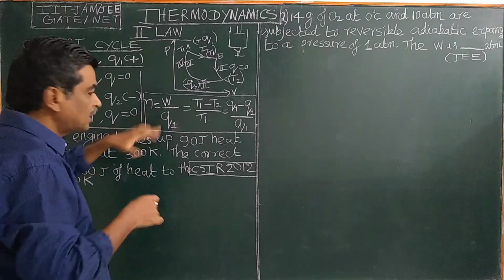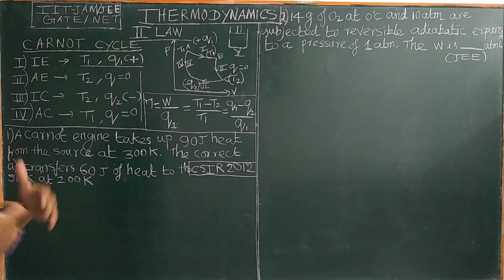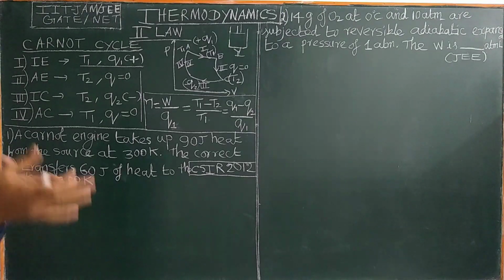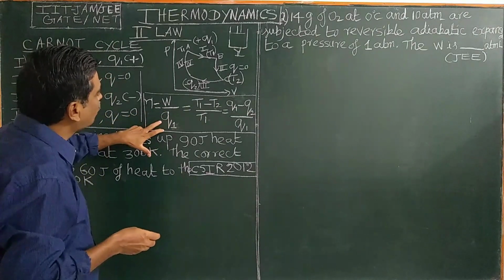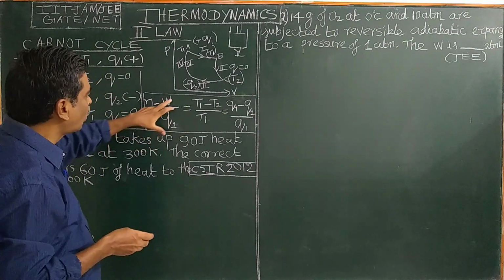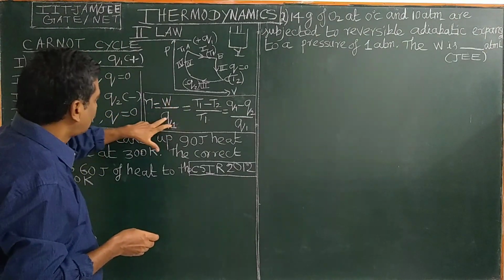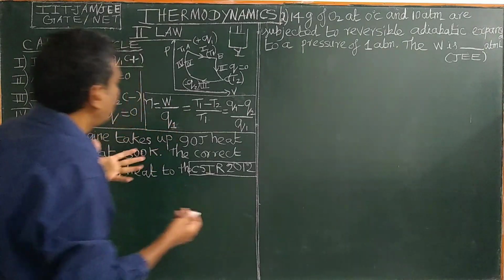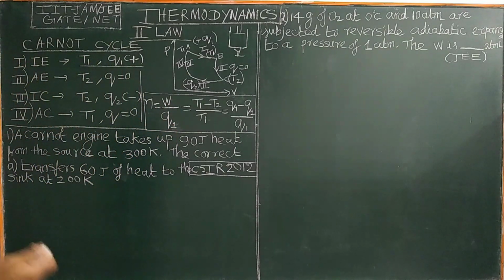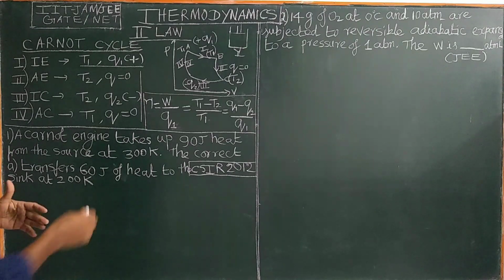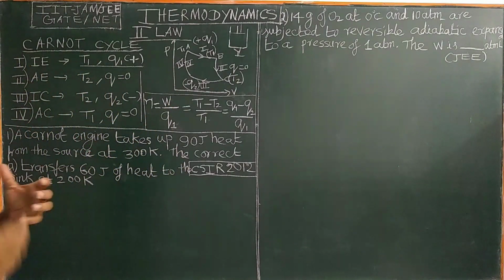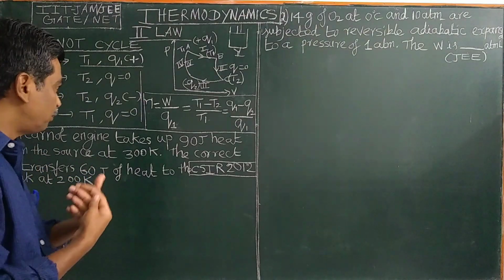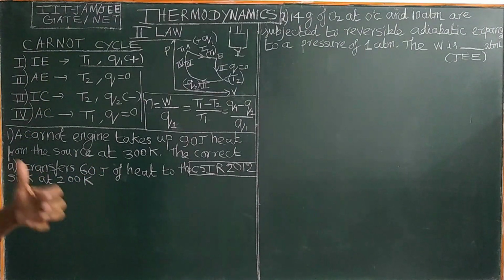But in this case, the entire heat absorbed is not converted into an equivalent amount of work. So Q1 is always greater than W, because W is not greater than Q1. It may be asked in the competitive examination. Q1 is greater than W because only a fraction of the heat absorbed by the system is converted into work,